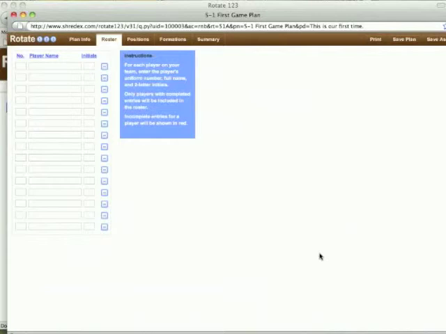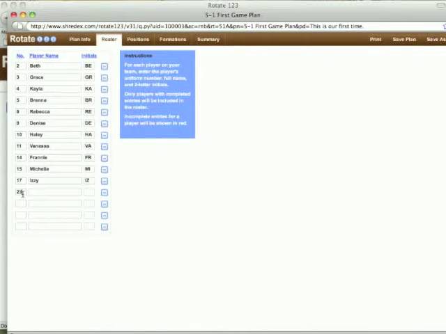Here you'll enter the players on your team. Let's start out with our first player. In this case, her name is Beth. Her initials are BE. Second is Grace. Initials are GR. We'll continue through until we've completed our roster. Now that I've finished entering my roster,